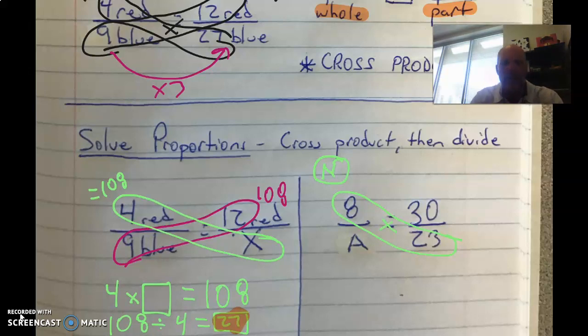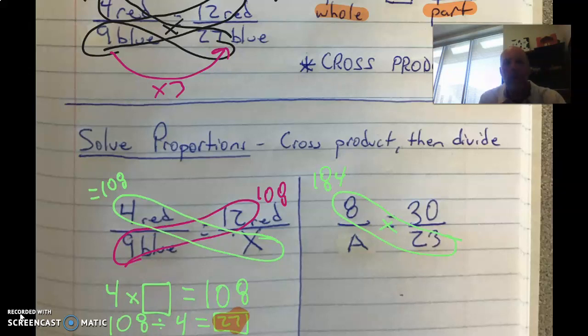23 times 8. Well, 25 times 8 is 200. So I believe this is going to be 192. Actually, I could be wrong, but yeah, I think I'm wrong. 23 times 8 is 100. I'm going to erase that letter right there because it's throwing me off a little bit. That's where I want to put my answer. So 23 times 8 is